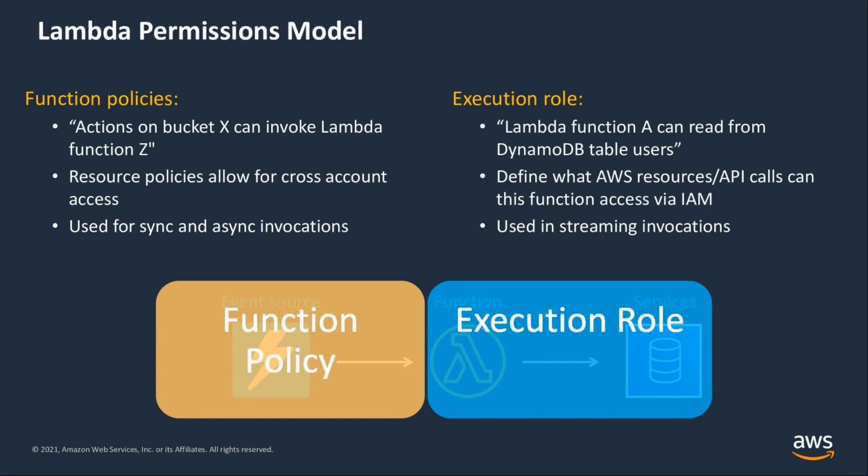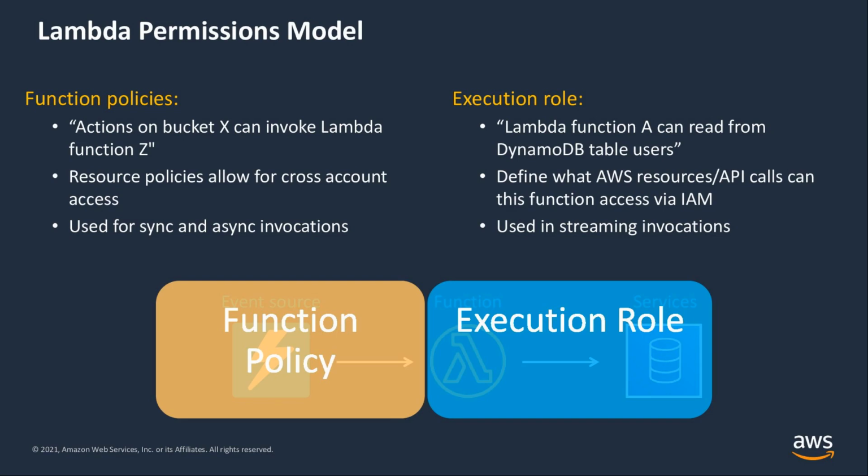All right, so let's talk about security a bit. You can use AWS Identity and Access Management, IAM, to manage access to the Lambda API and resources like functions and layers. Layers are a feature of Lambda. For users and applications in your account that use Lambda, you can manage permissions in a permissions policy that you apply to IAM users, groups, or roles. And to grant permissions to other accounts or AWS services that use your Lambda resources, you can use a policy that applies to the resource itself.